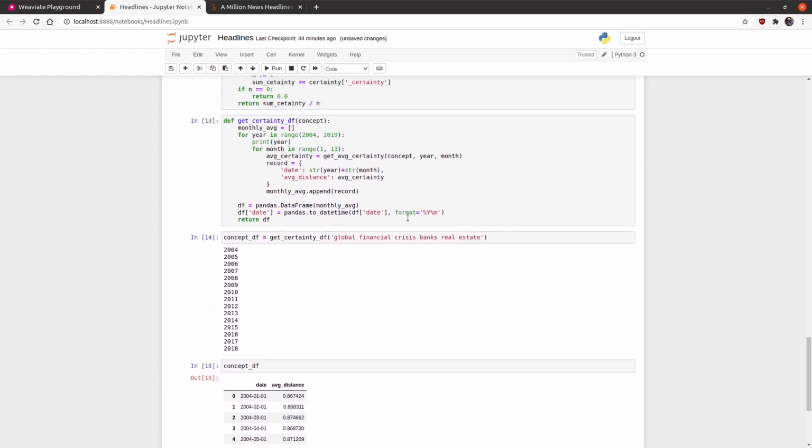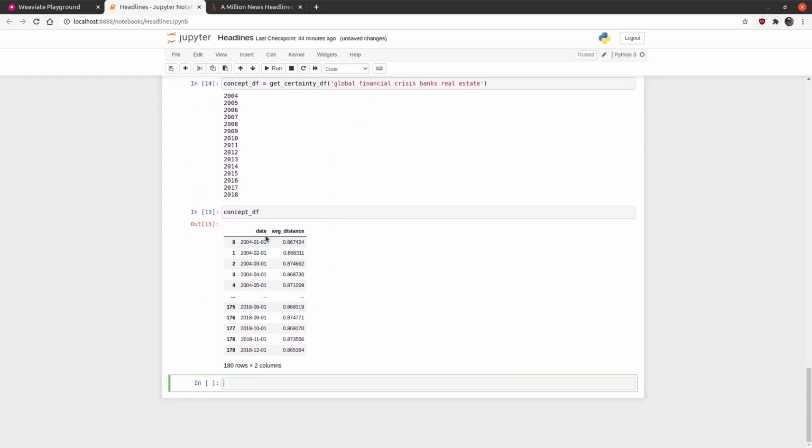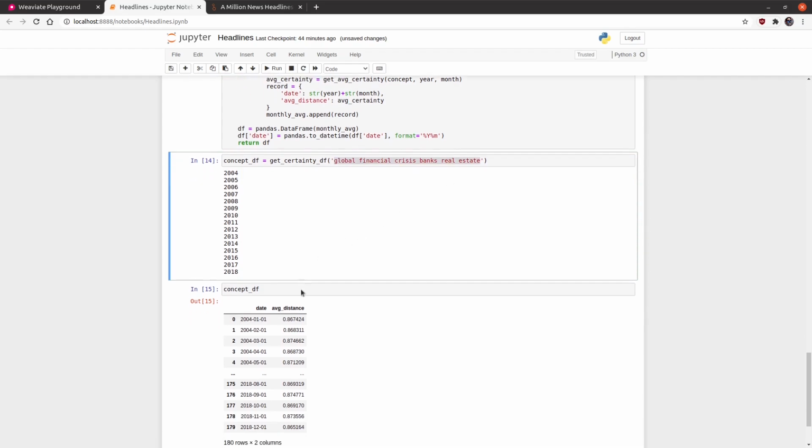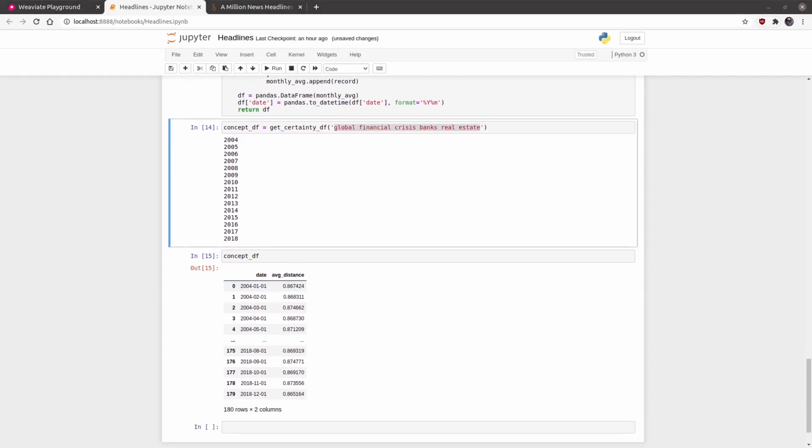Because we convert the date into this pandas date, it just says the first of every month, but we know it's an aggregation of the entire month. And then we have the average distances to this concept here. All right, and if we now plot this,